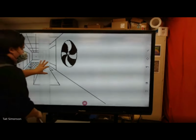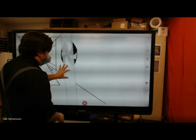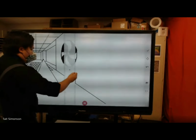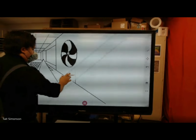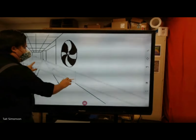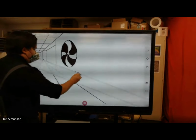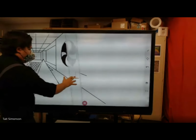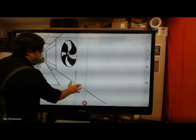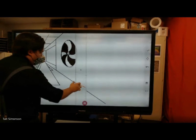So what we're going to do is, just like before, we're going to create a small footprint, kind of like making a door, but we're going to make ours just a little bit smaller. I'm going to put a vertical line in designating the height of my object. I'm going to draw in an orthogonal line designating the width or the depth of my object. And then I'm going to carry a vertical line down from where that